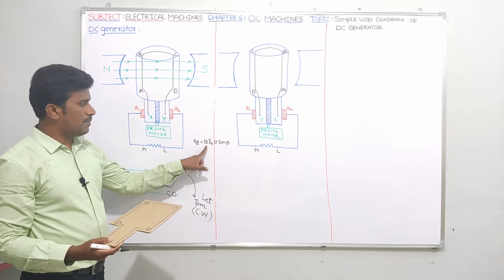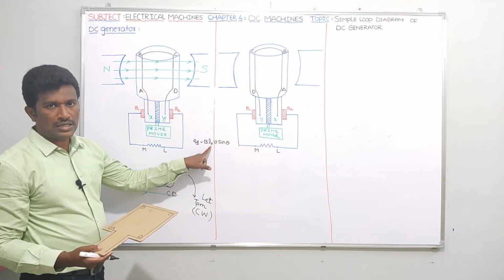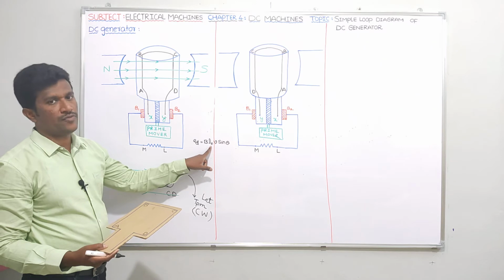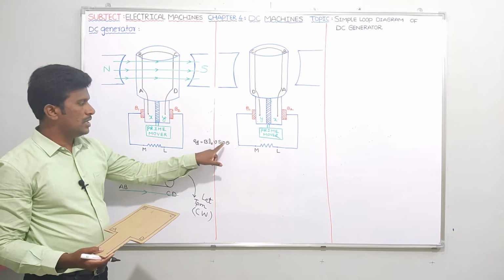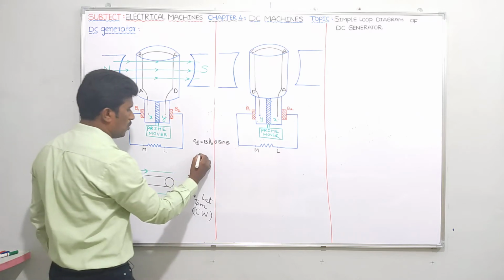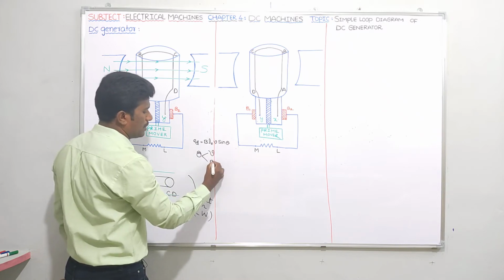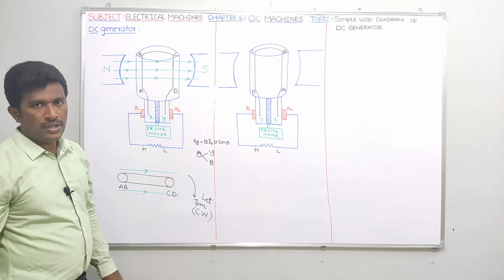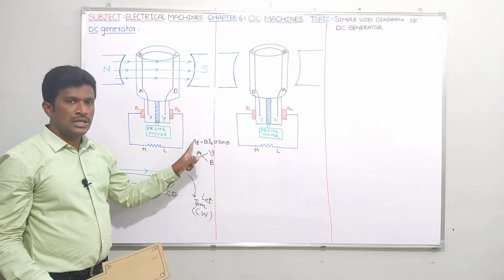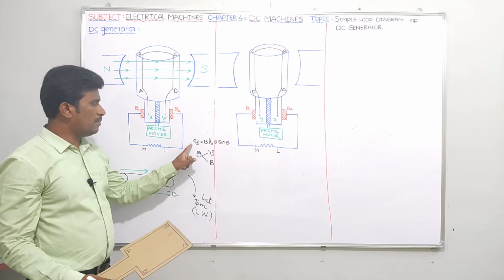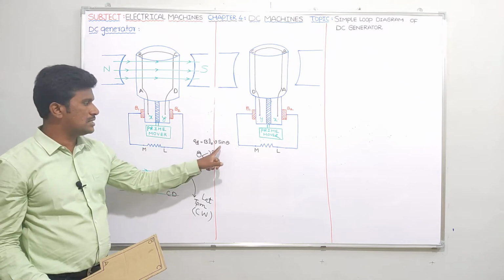Capital B means the magnetic flux density in Weber per meter square, or Tesla. L means the effective length of the conductor, nothing but the length of the conductor which is under the influence of the magnetic field, in meters. V means the linear velocity of the conductor in meters per second. Theta is the angle between what and what? Please, guys, it is the angle between the linear velocity of the conductor V and the magnetic flux density B. That you have to understand. That means whenever theta is 0, ED will be 0. Whenever theta is 90 degrees, ED will be maximum. Is it clear? Suppose theta increases, ED also increases. Theta is 0 means ED also becomes 0, because it is sin theta.